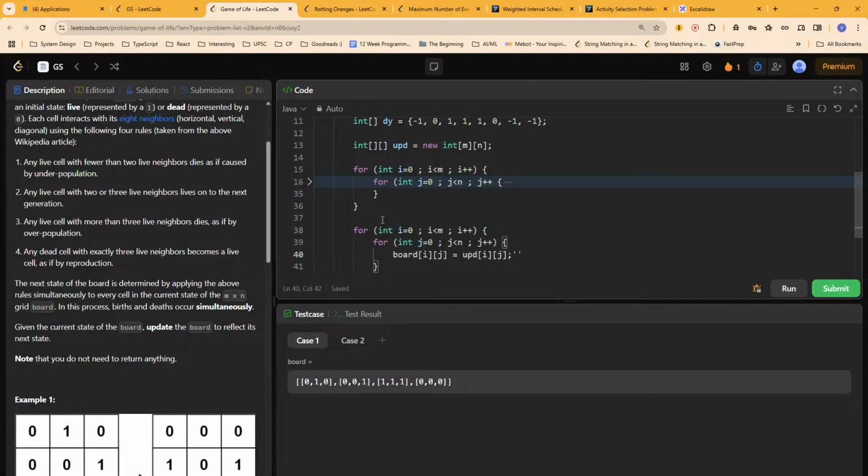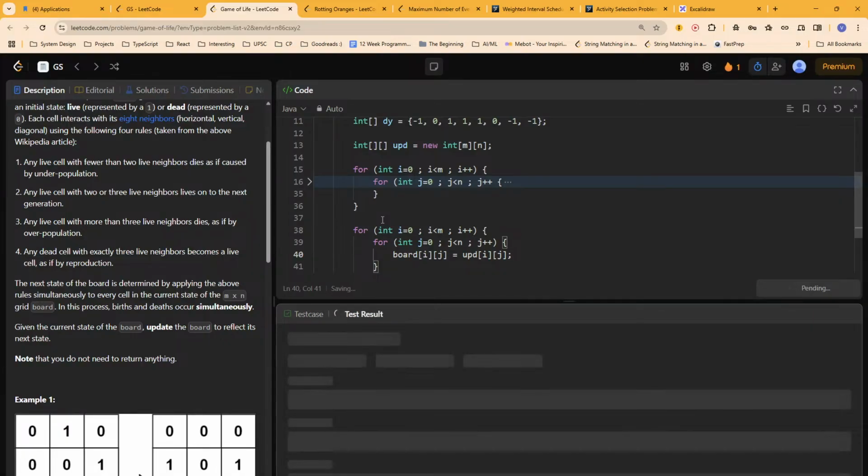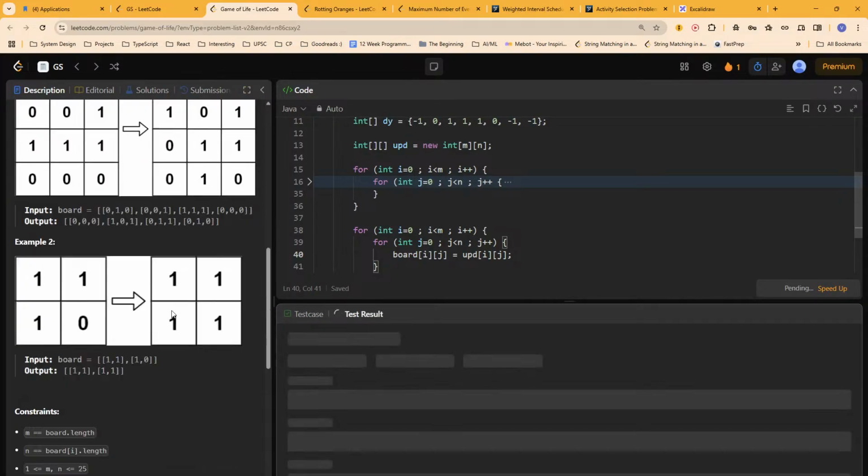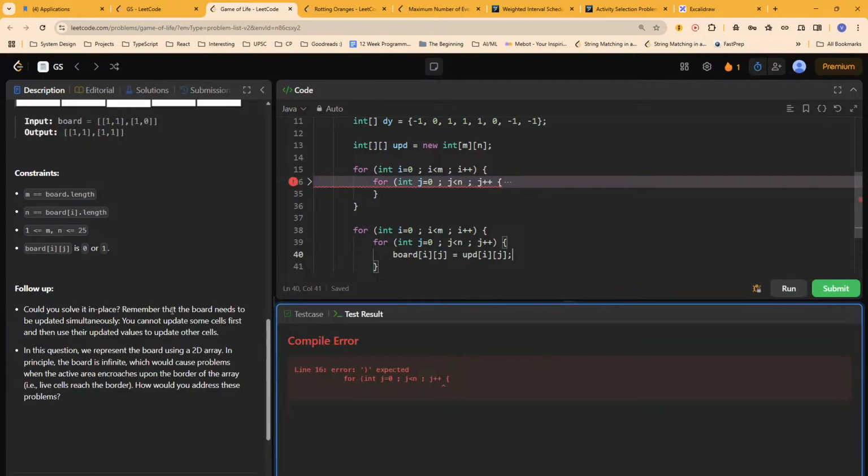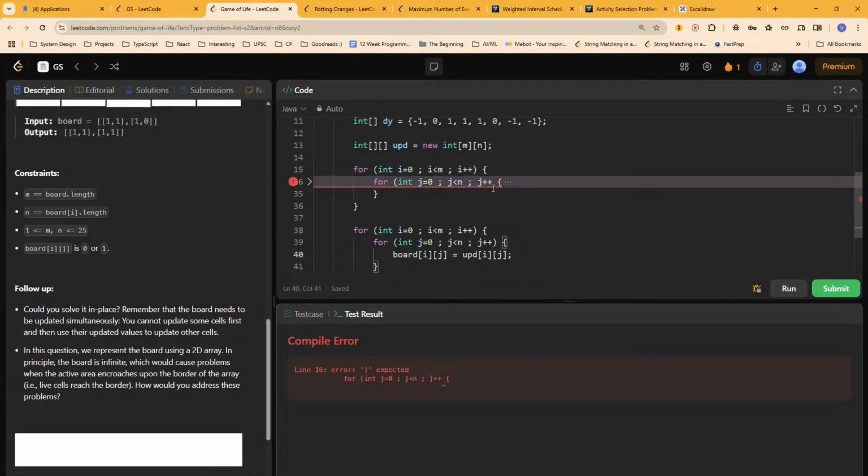It's easy since we only have to look for the next state. But if it is asking us to do it in place, what happens is,